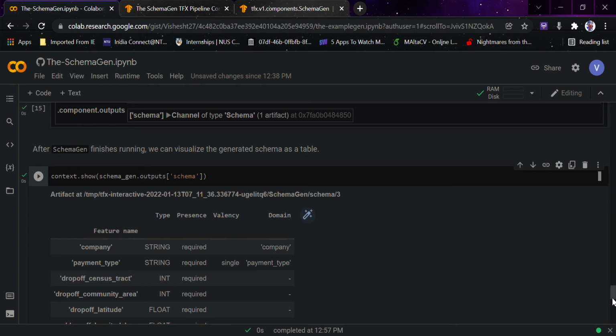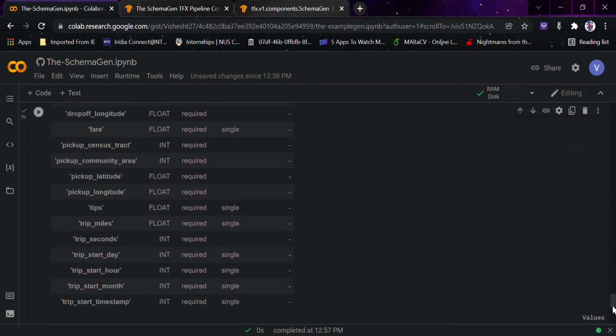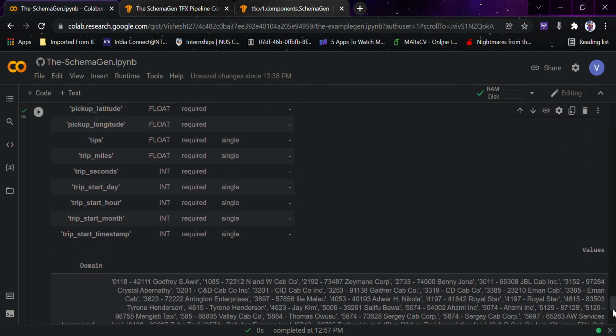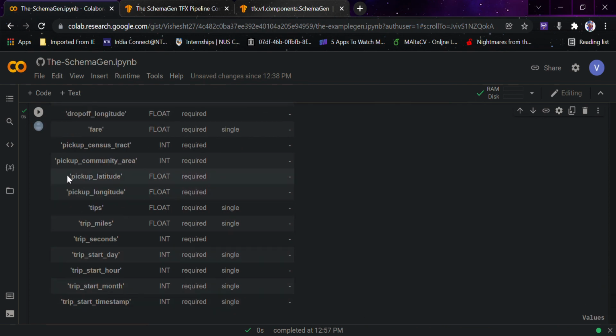So for now, what you have done is split your data, viewed the statistics, tested the presence, and seen the domain and types of data present. Now suppose you directly used the data without doing schema gen. You wouldn't have known your data in detail, that is, whether its presence is even required or not, or whether you are taking a boolean feature that is not doing anything in your part and just making the training a bit harder and more complex.